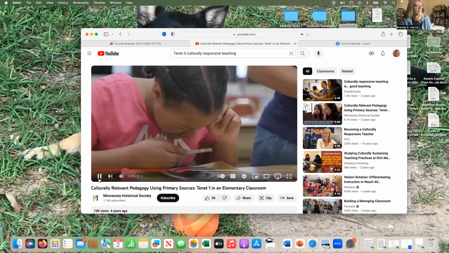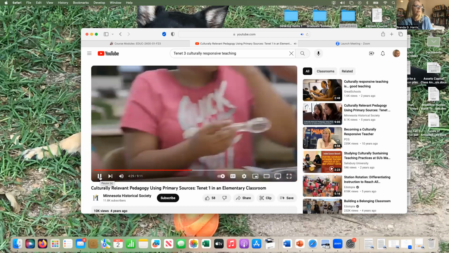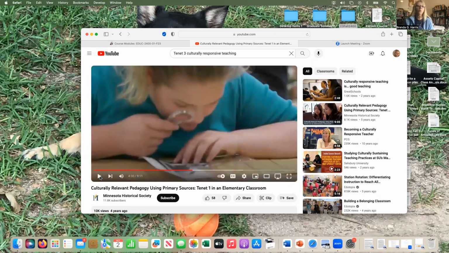Okay, so what's happening here is that the learners are able to go to different centers and they're deciding which primary sources they want to use. So they have questions that they're exploring in relation to this unit on kings. And so the students actually have some input into what part of that unit they're studying. They're choosing which primary sources will help them to answer the questions.